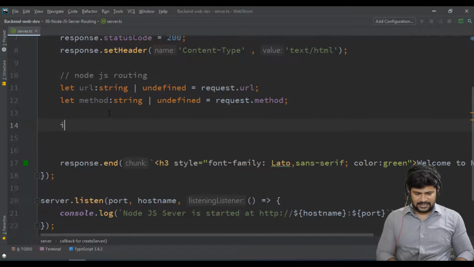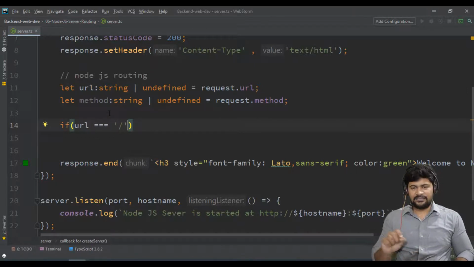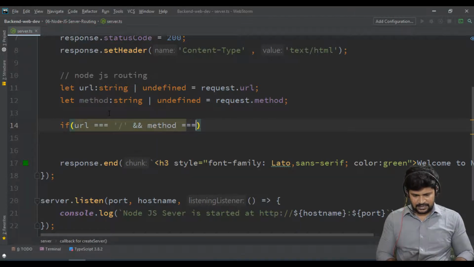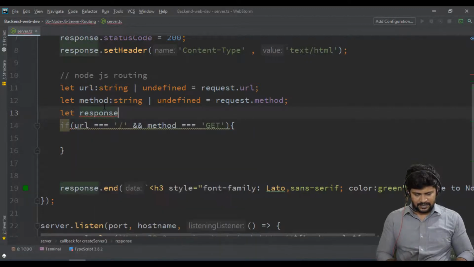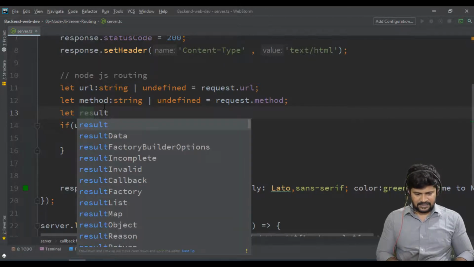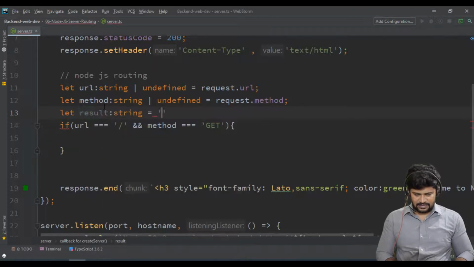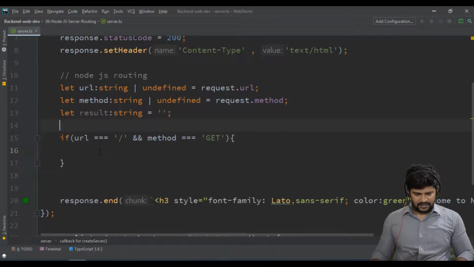So what I do is, if URL is equal to slash, nothing, just an empty slash, and method is equal to get, then I do it like this: let result of type string is equal to an empty string. Based on that, I'll make a response.